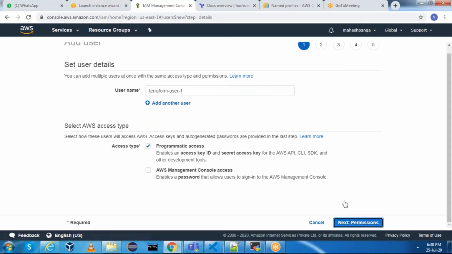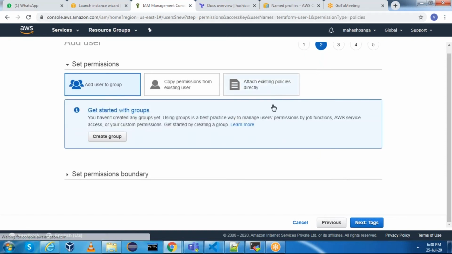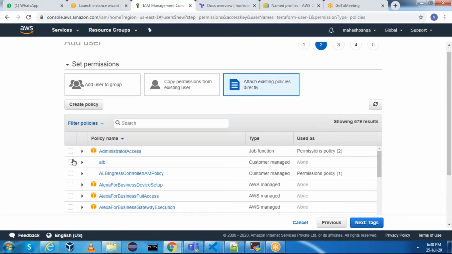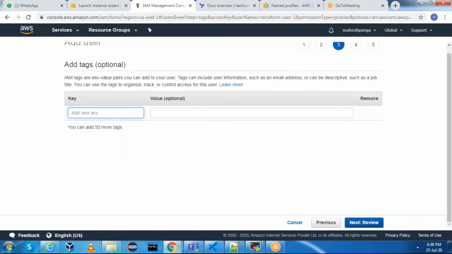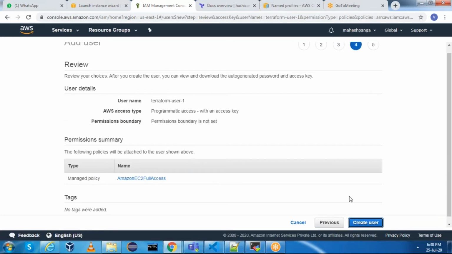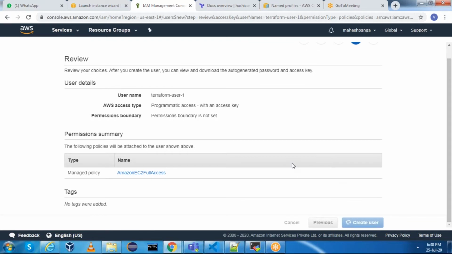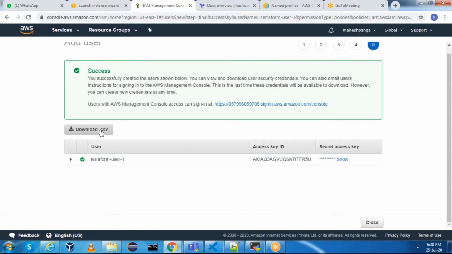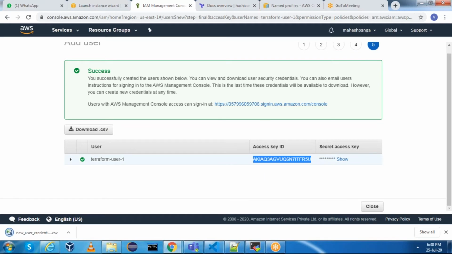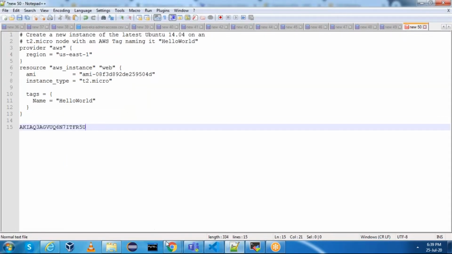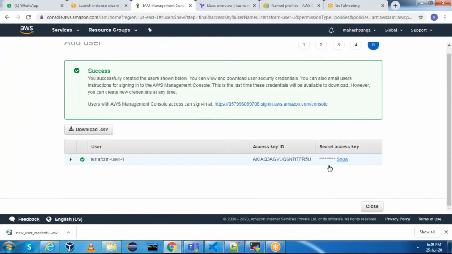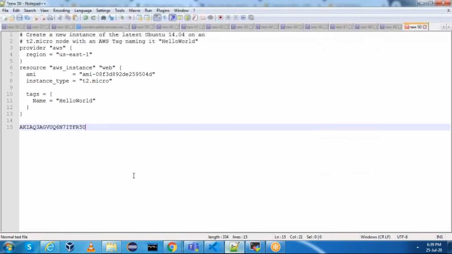Programmatic access, next permissions, attach existing policies directly, select EC2 full access because we are closely working with EC2 instance. Next tags, next review, create user. You can download the CSV or you can make a note of this access key and this secret access key.